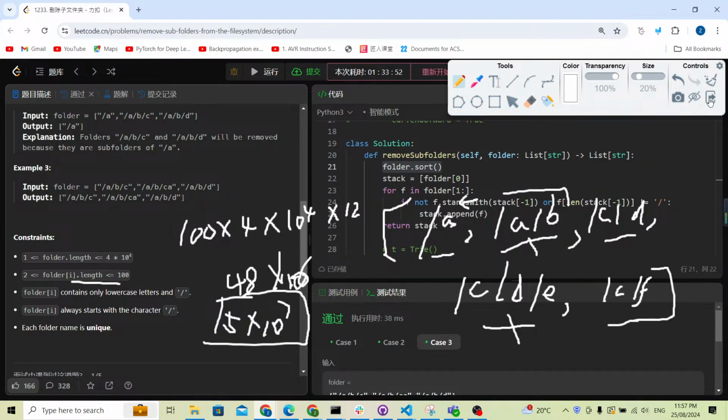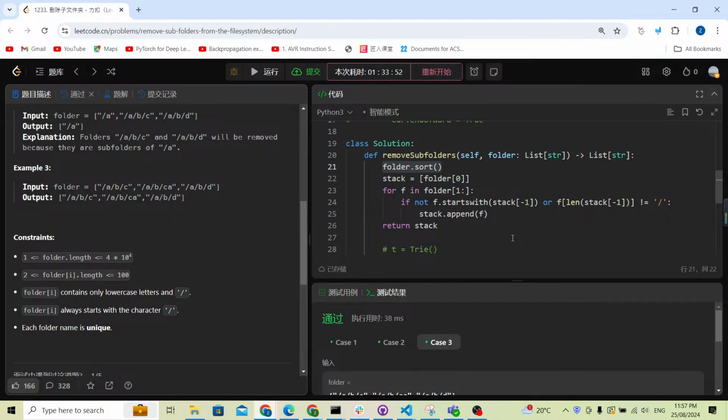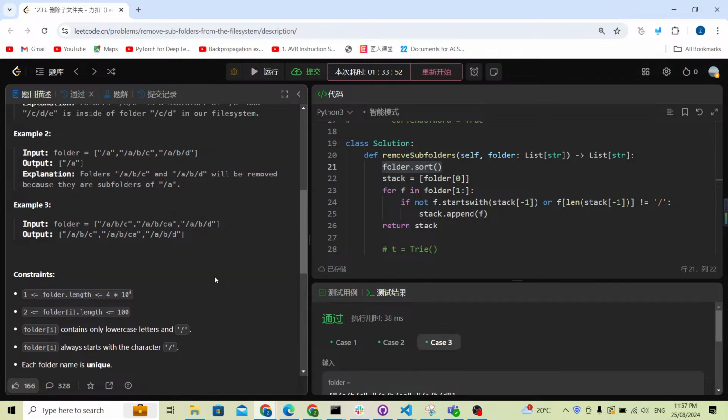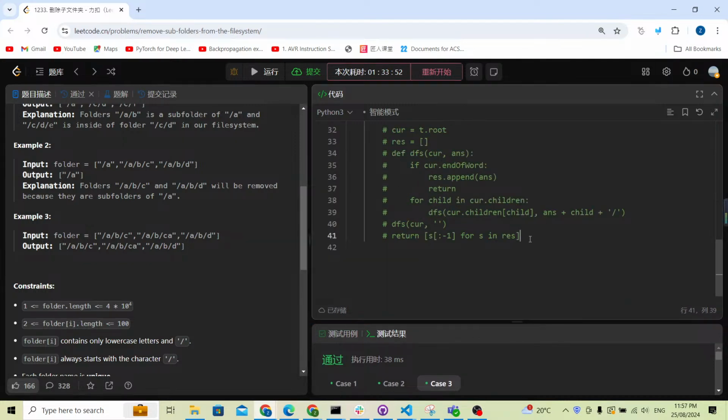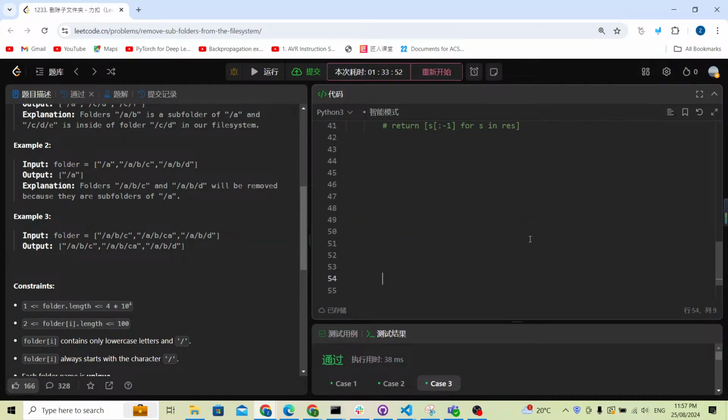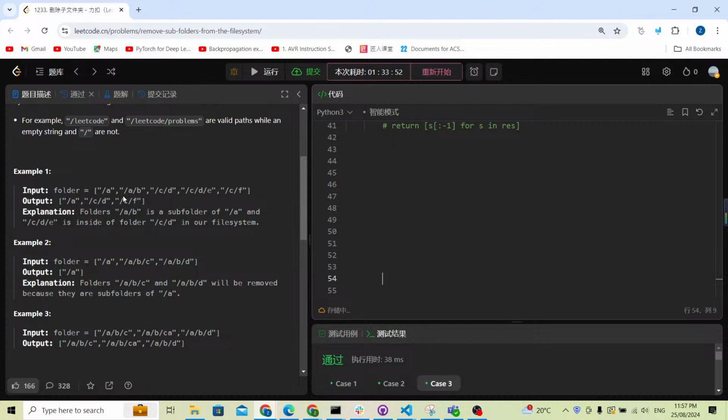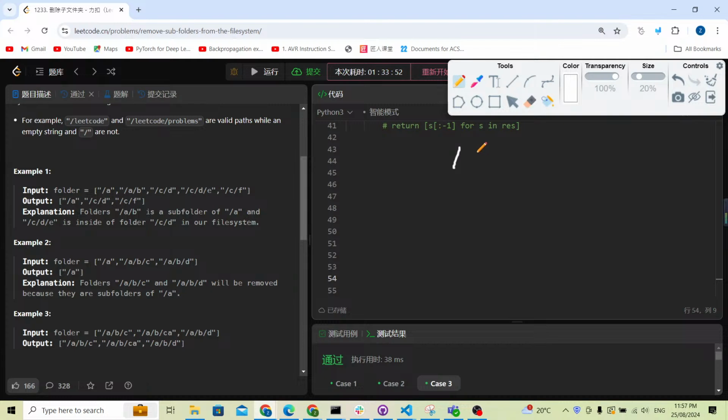Now let's go to the better idea. The better idea is that we can use a trie. Definitely, the trie is the best way to solve such problem. Let me first explain why we can use a trie. So we have this kind of structure. So we can put the forward slash